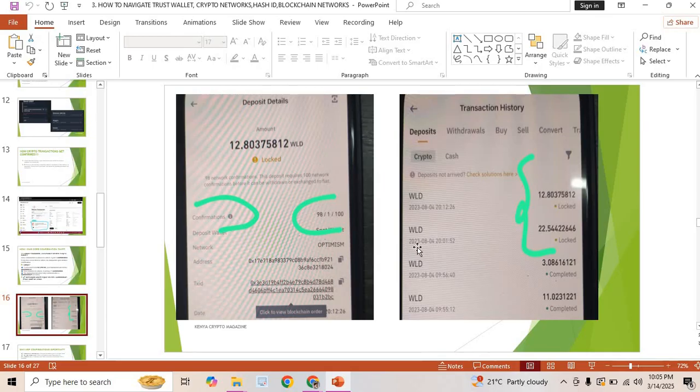For example, this is a transaction of Wild, but on the Binance exchange. So you can see the amount has been locked. And when we say locked, we don't mean that this person did not send the Wild. It's just because the transaction has not yet been confirmed. But after a number of confirmations, for example, if you look at this part right here, you're being told that